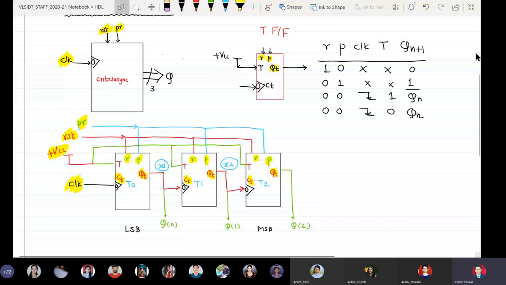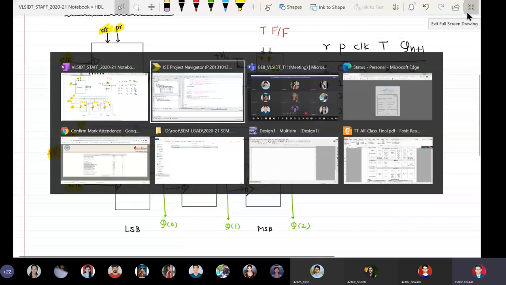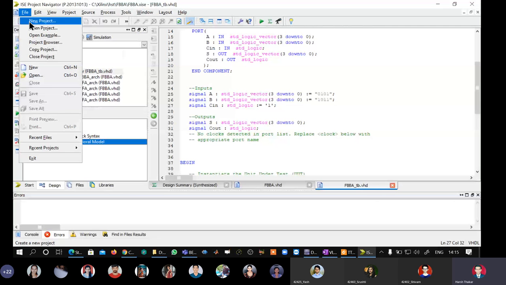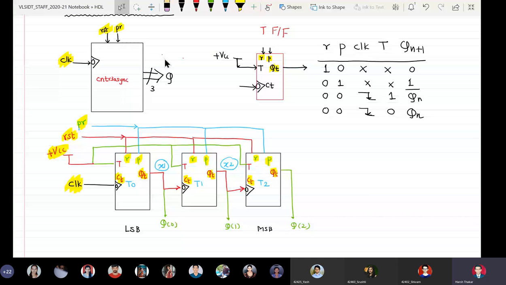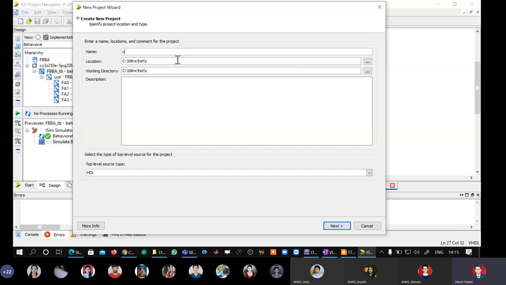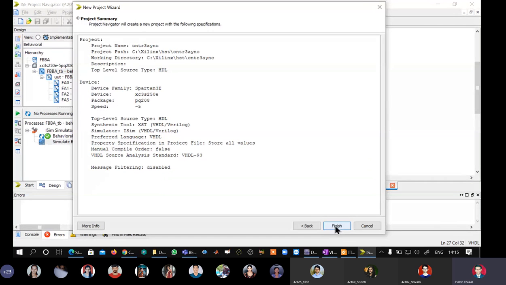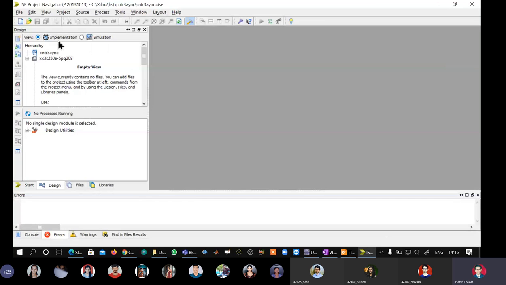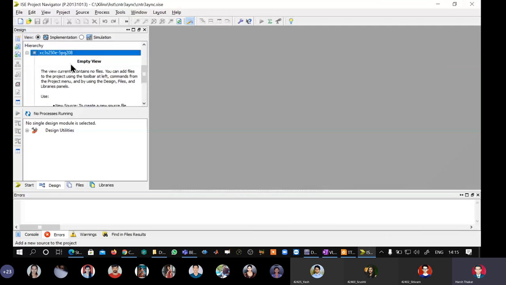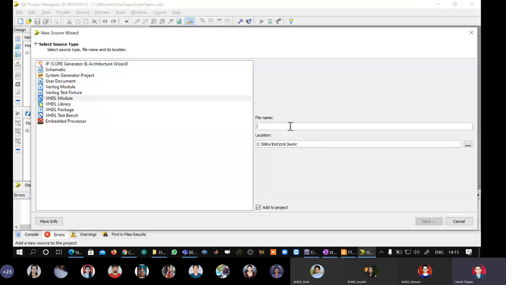Okay, so directly I go to my ISE and keeping this block diagram in mind, file, new project, and CNTR3 async is my entity name. Control A, Control C. Next, next, finish. Design window, implementation mode, target line, right click, new source, VHDL module, paste it, reselect.